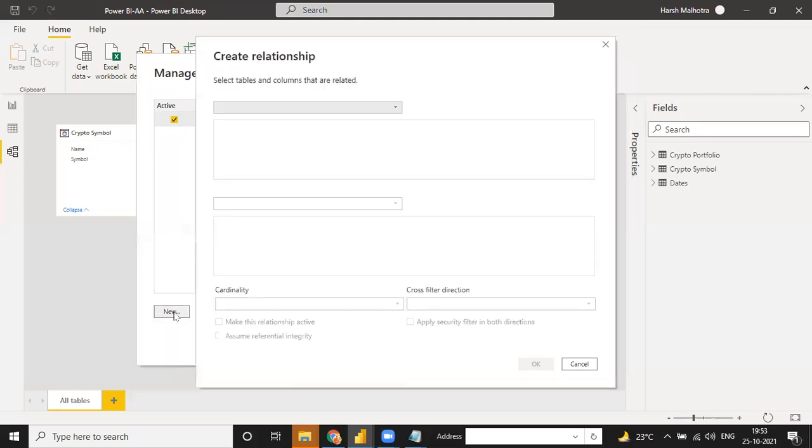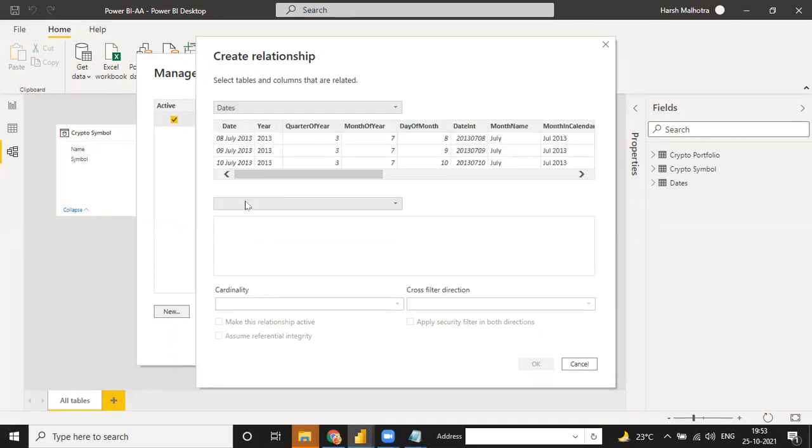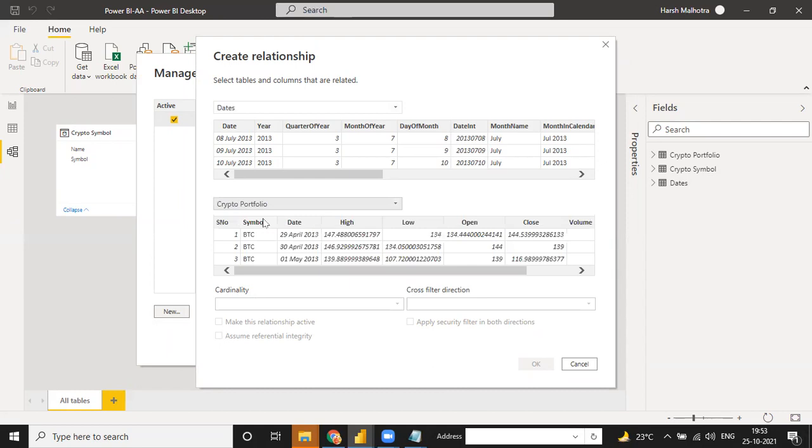Same way, when you click on this new, now we make our new relationship with the dates table. The second table we have portfolio, and see, right now it's not connected because date to date is not connected, or it is not taking the complete name. So click on this date, click on this date, and see the relationship is automatically connected, one to many. Why is this also a one to many? Because in this date file all the dates are unique, but in this file we don't have any unique date, we have duplicate dates as well. Okay, so click on this okay.